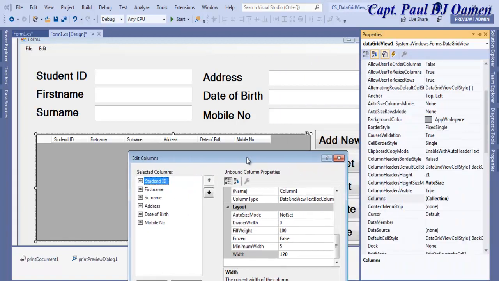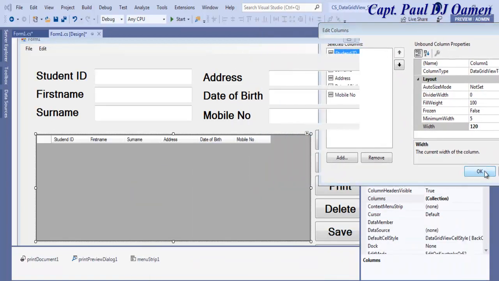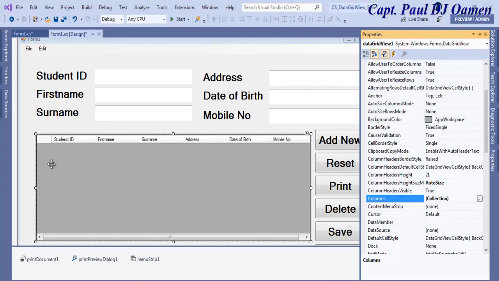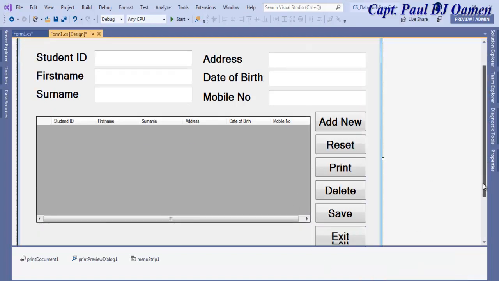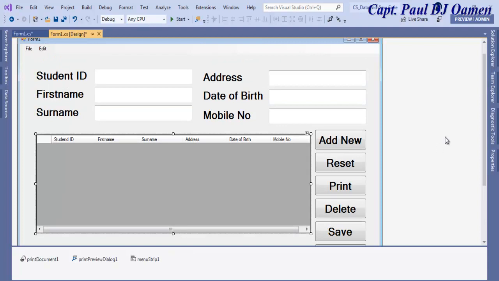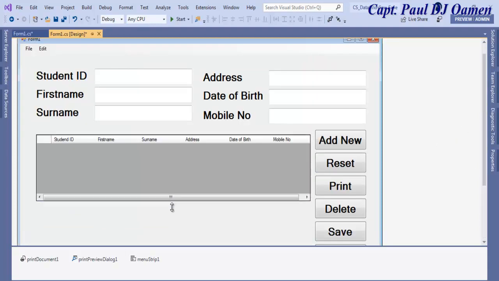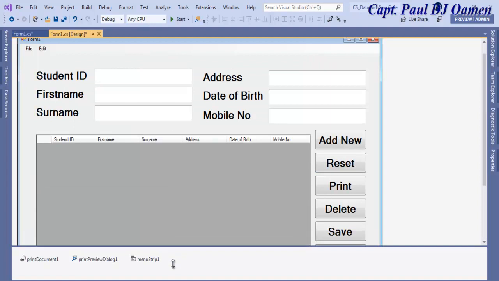Now look at what's going to happen once I click on OK. So let's click on OK now, and there we go. You see it's actually filling up. So that's what I want to achieve. Now that you guys know how to do that, that was an error, I didn't show you guys how to do that. Now you know how that is done. Okay, the next thing is we now need to